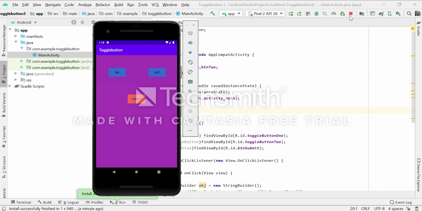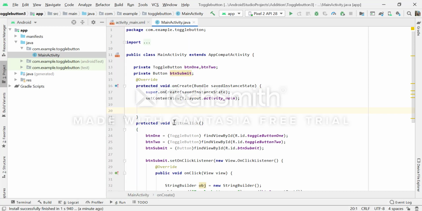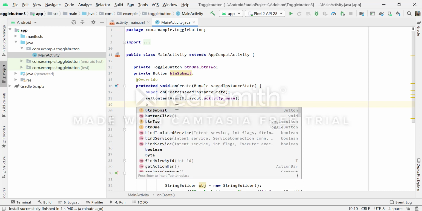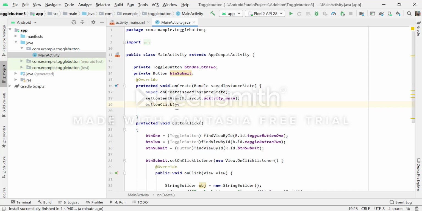Before doing that, I forgot to call this button click method in the onCreate method. So first I will invoke this button click method in the onCreate method. Now again I will run this application.